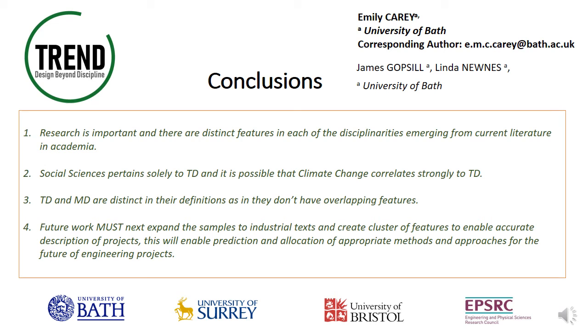Investigations for the future could probe text to look for associations in methods and approaches for disciplinary work to model best practice in projects. Features have also emerged that distinctly associate to single disciplinarities, such as social sciences and transdisciplinarity. This is substantiated in the larger frequency distances seen between the positions of social science in transdisciplinary and interdisciplinary, where its presence is minimal. Feature lists should now be created and tested for each disciplinarity and used to guide researchers.